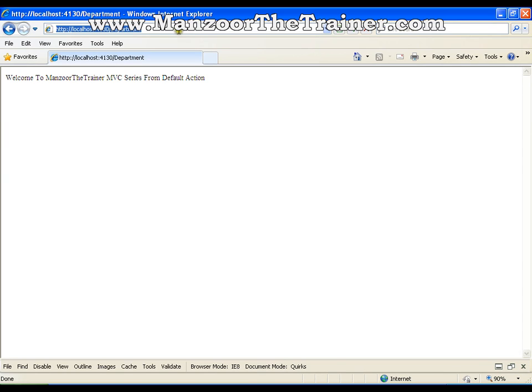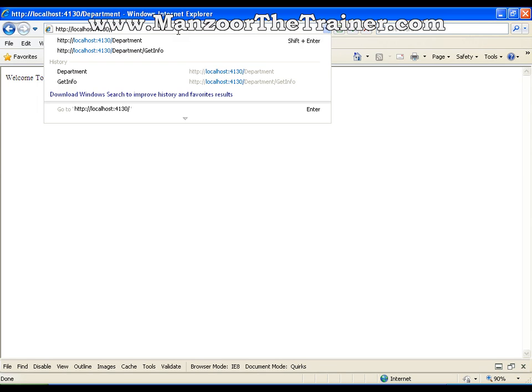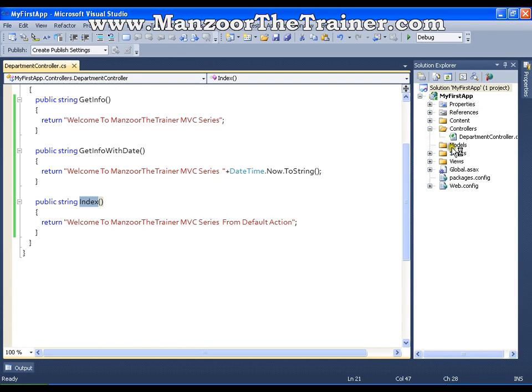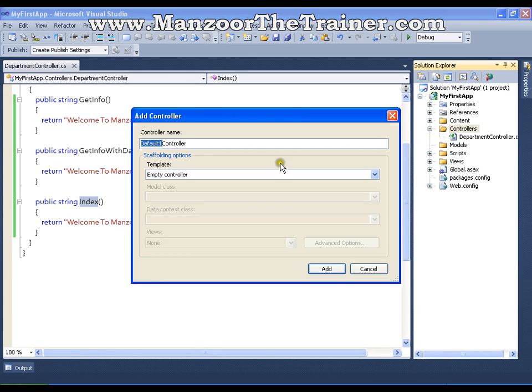If I do not write department controller, then what is that it is looking for? Definitely it is looking for some default controller. What is the default controller? The default controller is nothing but home. I'll just right click on the controller, I'll say add controller and I'll name it as home. I'll say add,